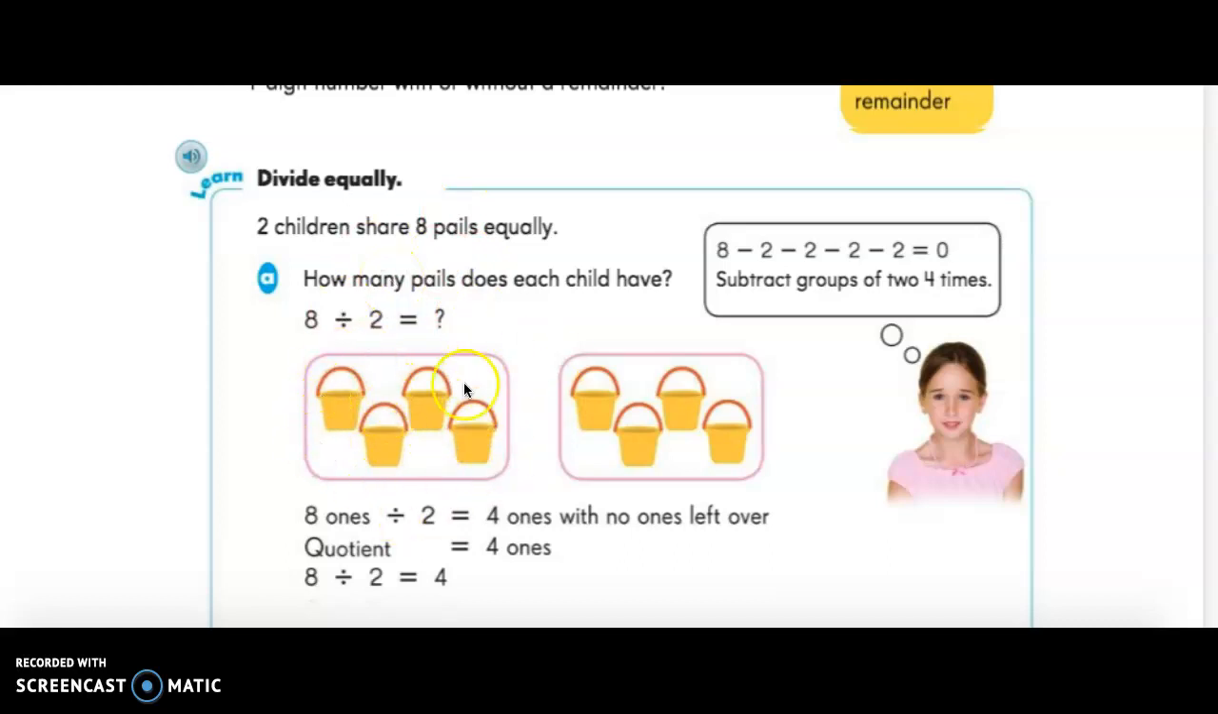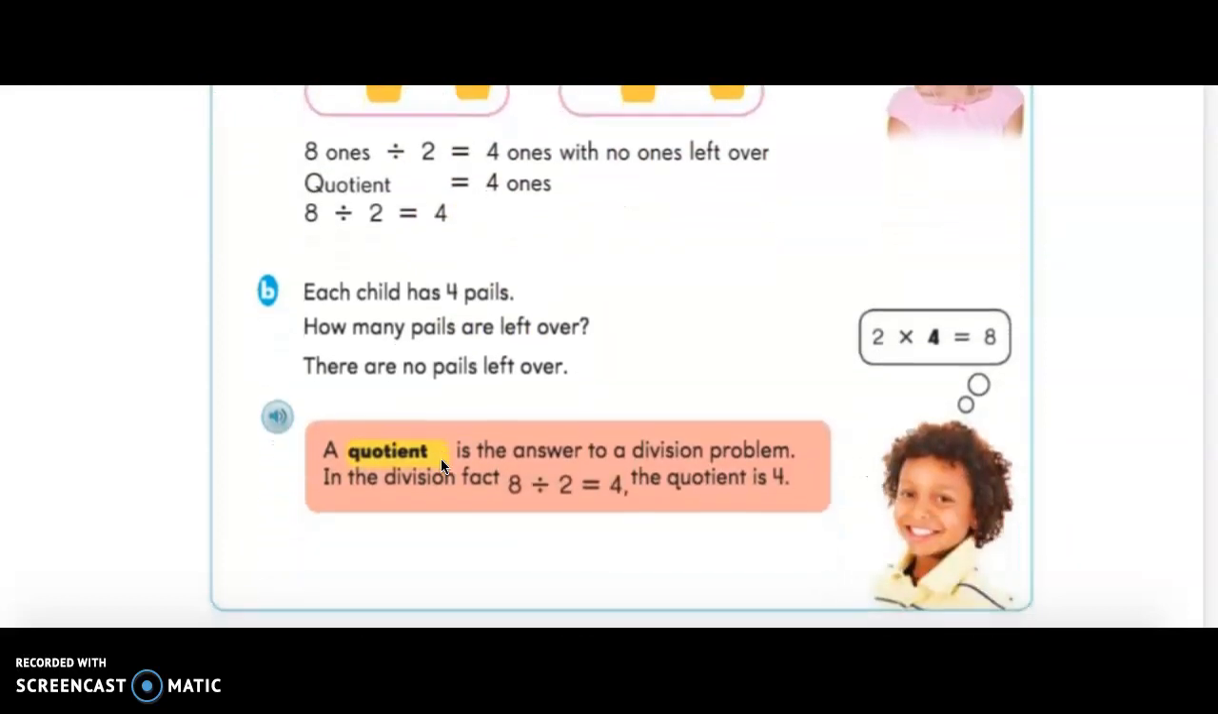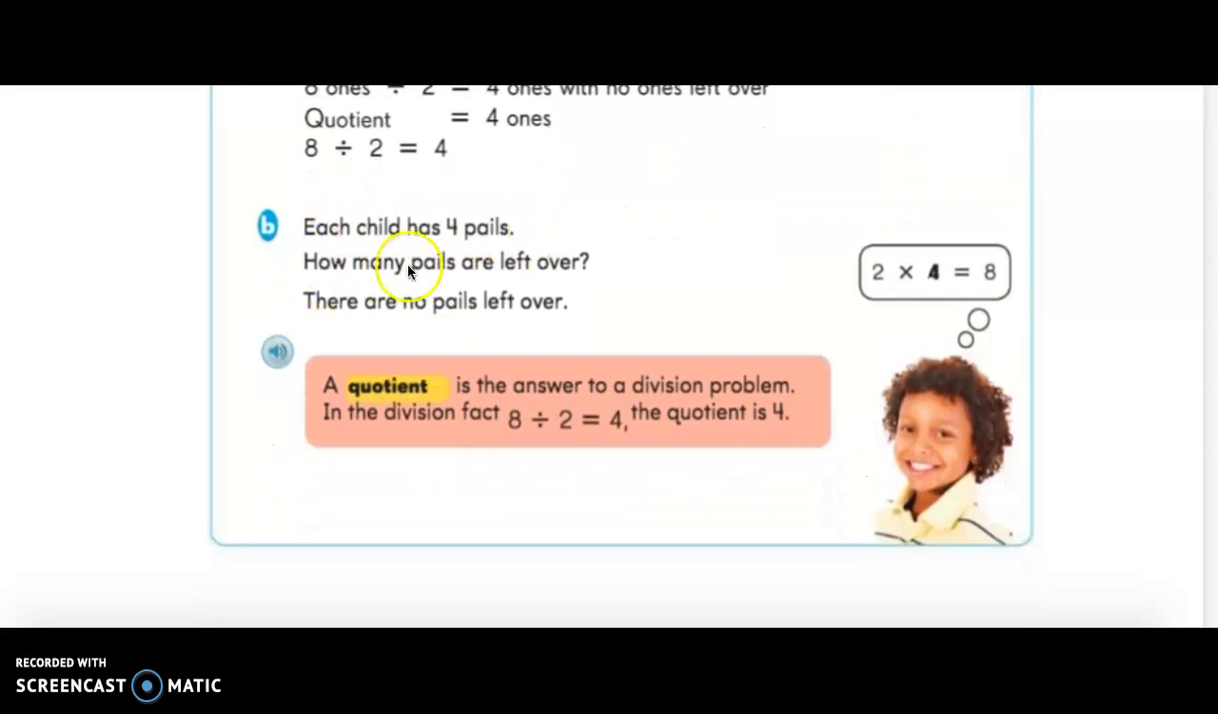Now if we were to create these two groups and then equally share or do repeated subtraction, we would find that each child would have 4. Now, each child has 4 pails. How many pails are left over? Since there were no leftovers, that means we have no remainder. But the 4 pails is the quotient. A quotient is the answer to a division problem. In the division fact, 8 divided by 2 equals 4,